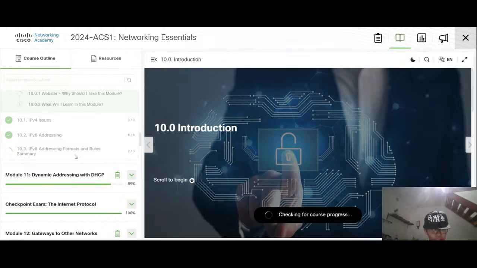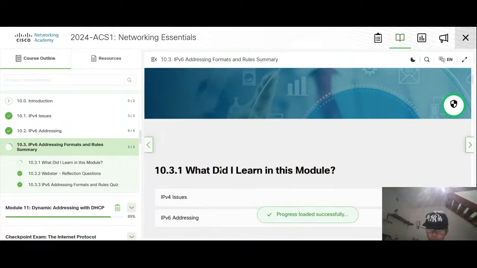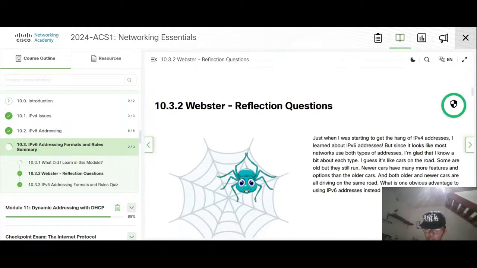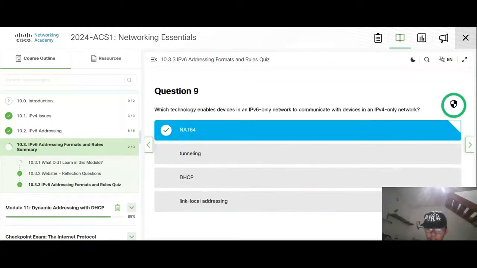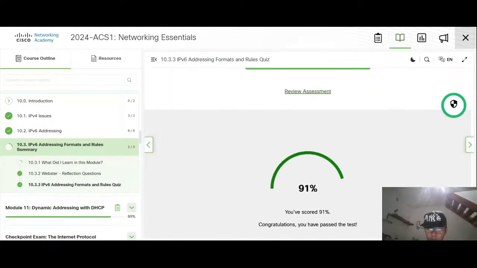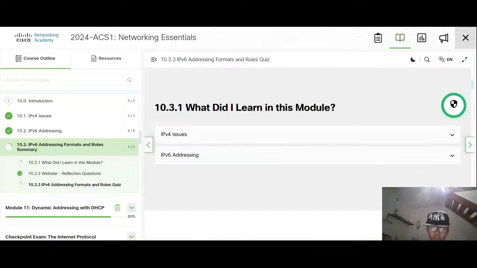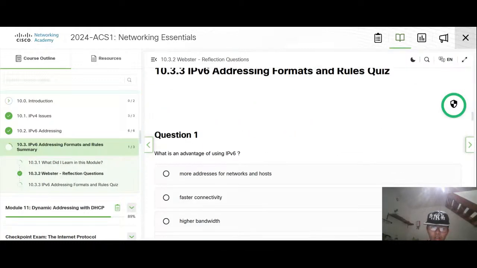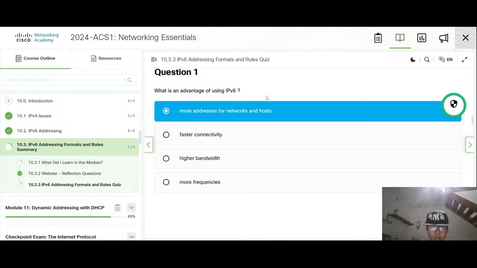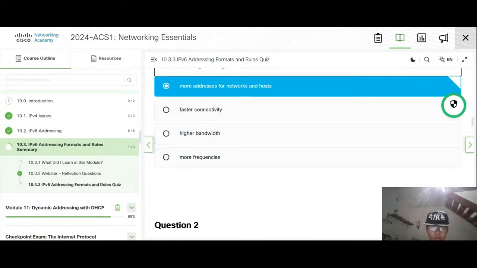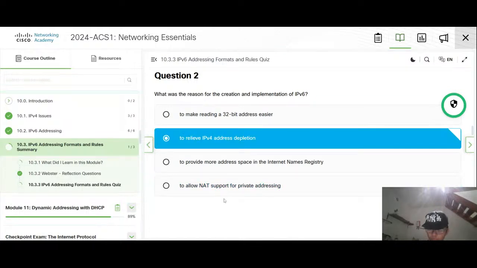Next, IPv6 addressing formats and rules. Okay. Is it to map addresses to the network host? Is the relief IPv4 address.